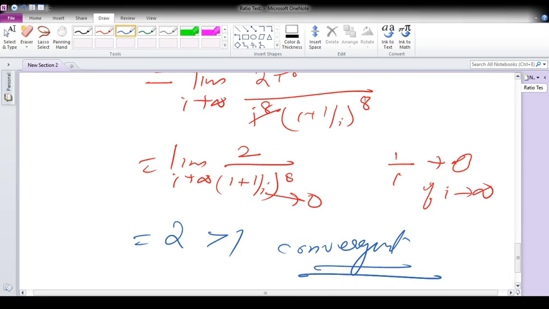In this way, you can find any series' convergence and divergence. Generally, we used in this